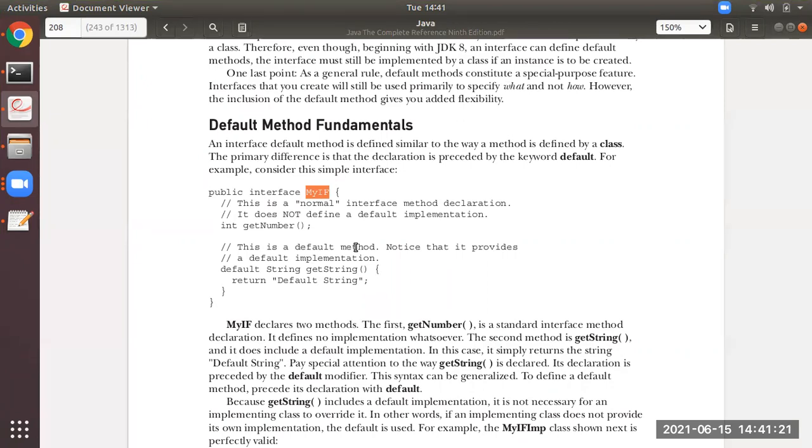Okay, it will not define anything. Whereas in default method interfaces, an additional, or should I say an advancement, is that apart from having abstract methods, it can have some method which will have some definition by default. Okay, so like that it is.